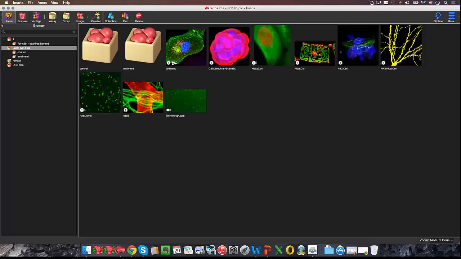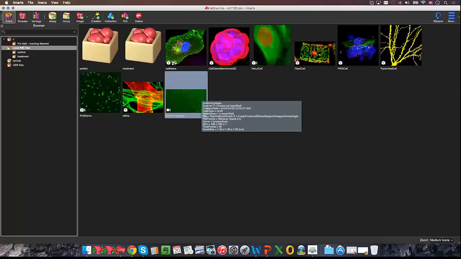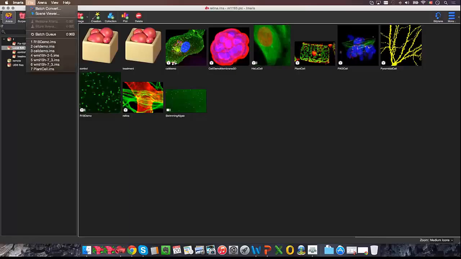But the ones you have remote will look just the same as these, but when you click on them, Imaris is going to be downloading that file. So don't expect instant behavior from it. Or if you run a batch, then it will at that point draw the files that it needs to run the batch. This is important to understand because when you export,